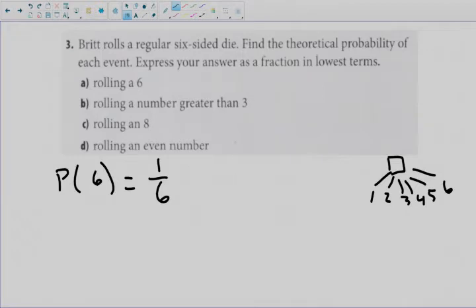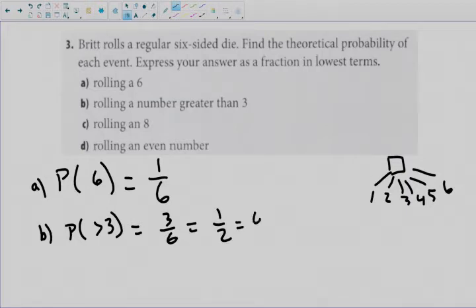What is the chance of rolling a number greater than 3? Well, how many numbers are greater than 3? 1, 2, 3. So the probability of rolling a number greater than 3, I'm going to use the symbol for greater than, just so I don't have to write the word. And there's a 3 in 6 chance, which means 1/2 if we reduce that fraction, which means 0.5 and 50%. So again, up here, I'm going to let you figure out the decimal and percentage for